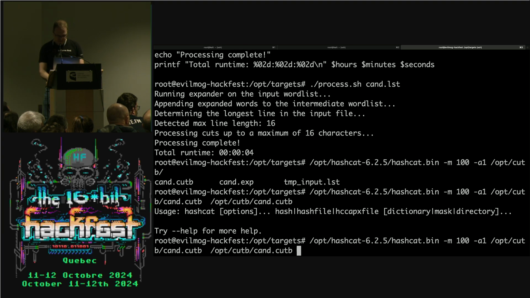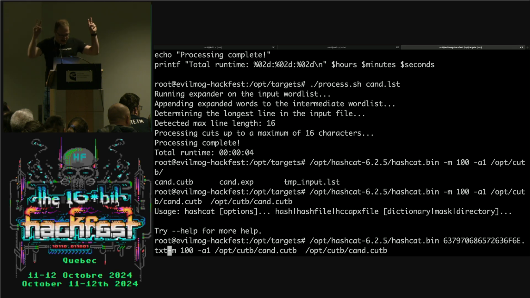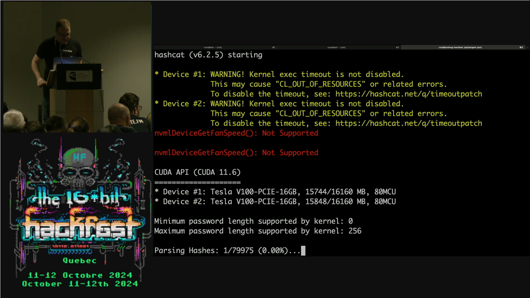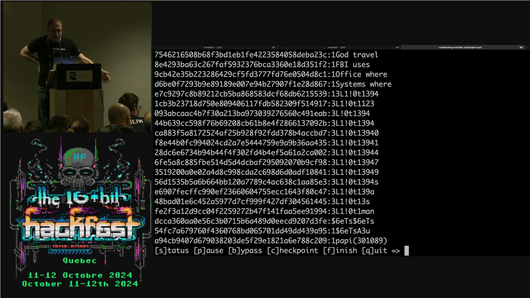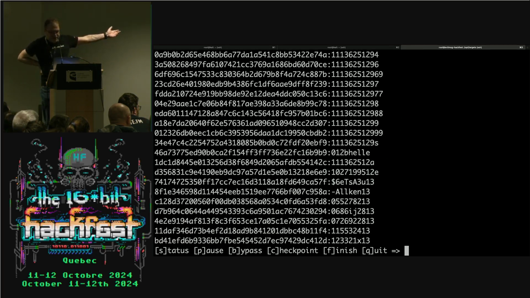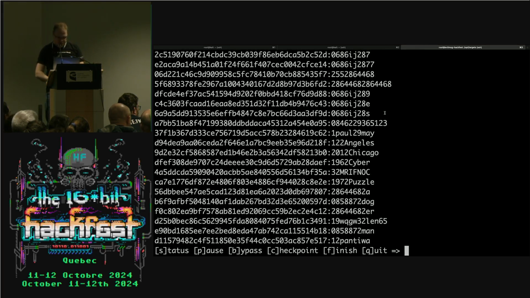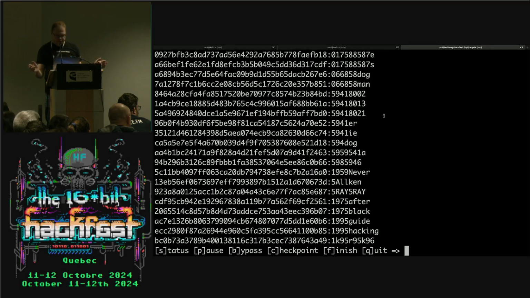No, one sec. Oh, that's why, because I forgot the actual hash list. See, even experts make mistakes. I mean, experts. It does its test, blah, blah, blah. Oh, look, we cracked more hashes. Nice and magic. So this will take us a couple of seconds. I mean, more than a couple seconds.